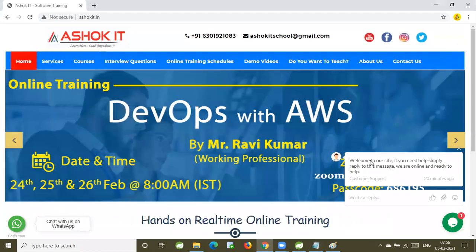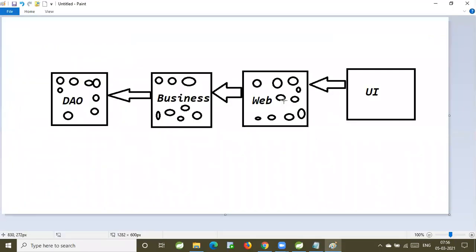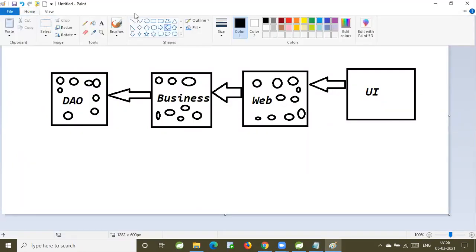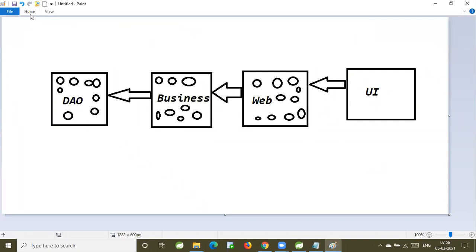Now, here, if you observe, business components are available. Business components will be injected into web components because a web component should call the method of the business component. In order to call the method of the business component, the object should be injected into the web component.